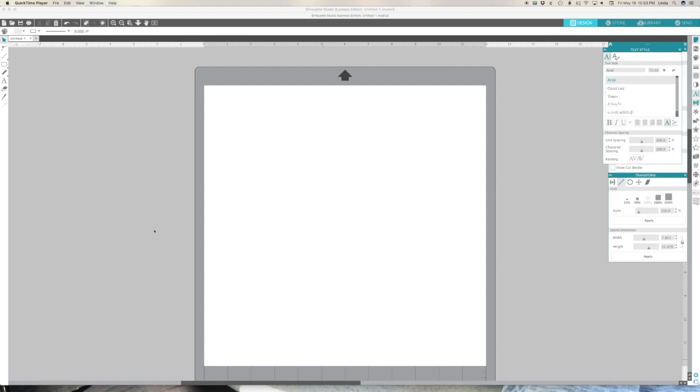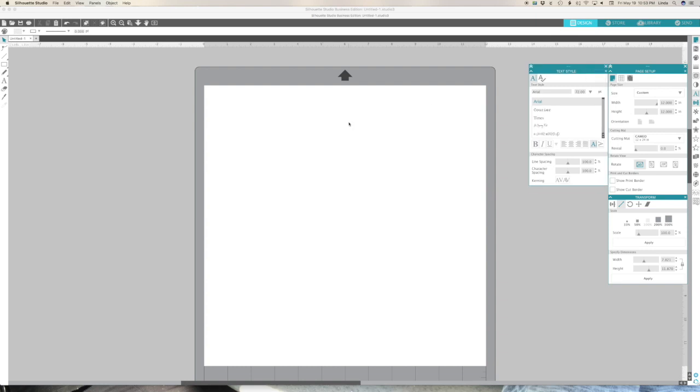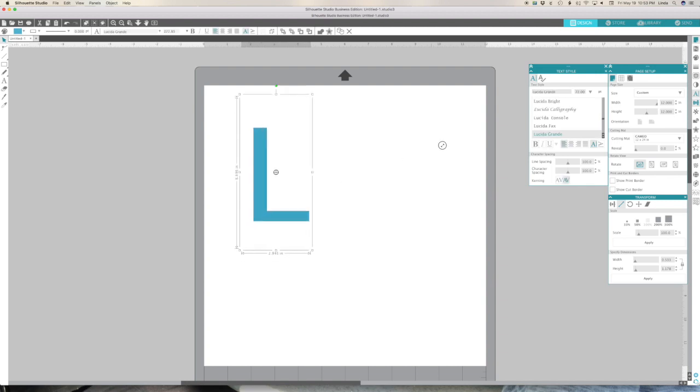Good evening, guys. Someone asked about how to do a split font for a script font, and I'm going to show you real quick how to do one. She said she was trying to do a script L, so I'm using Carolina Script, which is in the current little font bundle